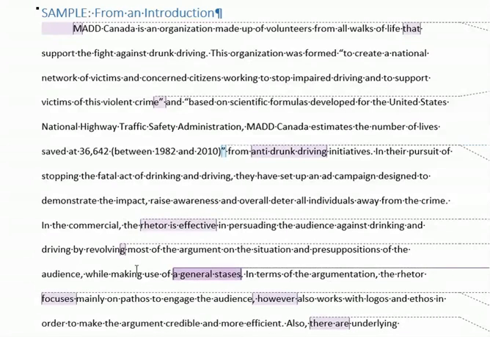The next problem here is a wrong word. That would get you an A period comment. And it's probably not the word they needed. You know, in the commercial, the rhetor is effective in persuading by revolving most of the argument, maybe by focusing most of the argument, or by basing most of the argument on. Anyways, your spell check won't catch that,